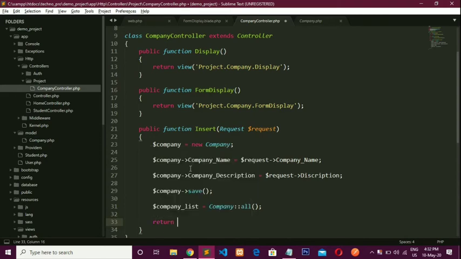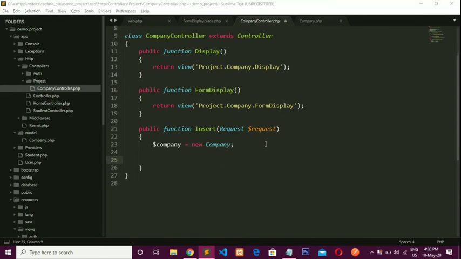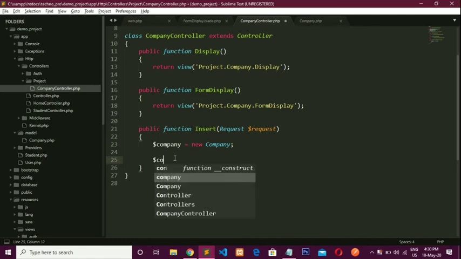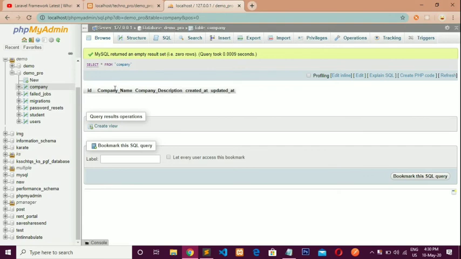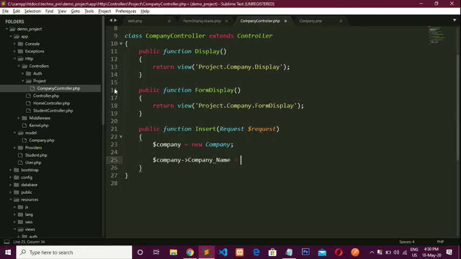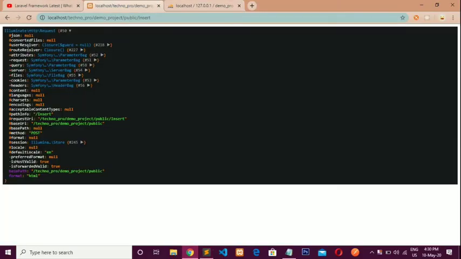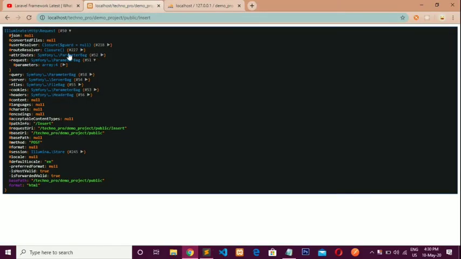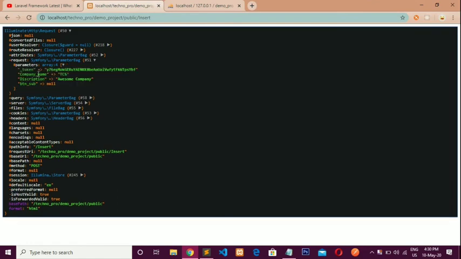Now the last line is return view. Second, $company and its name is company name, value $request, and its name is also company name.